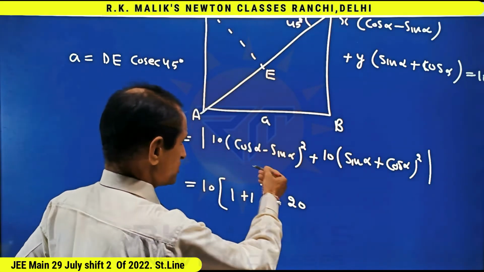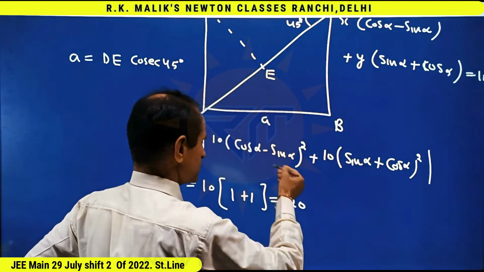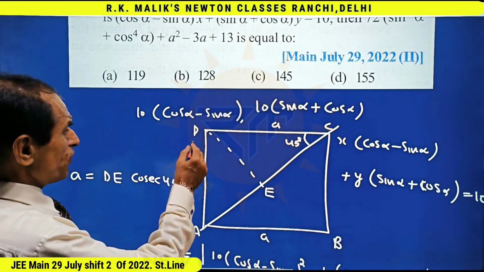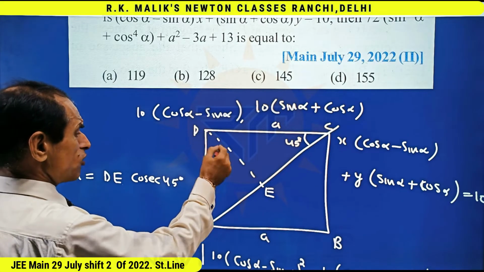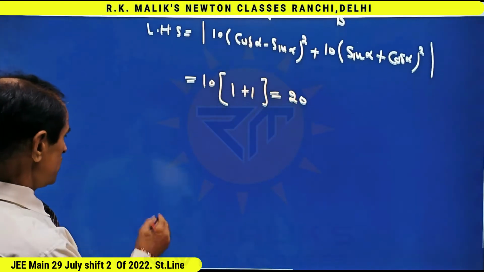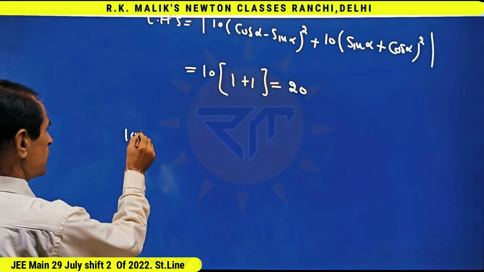Now keeping this in mind that this is equal to 20, if I try to find the distance of this point from this line, I will be writing 10 into